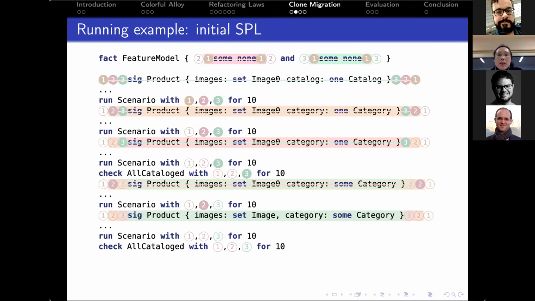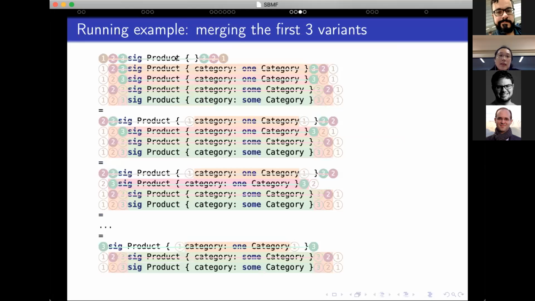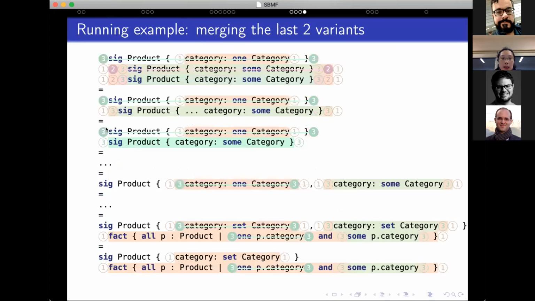I'll illustrate the process with the signature product and the field category. We can merge the first 2 signatures. Then if we want to merge further, we need to remove the redundant feature 1. Keep merging, we can get the original